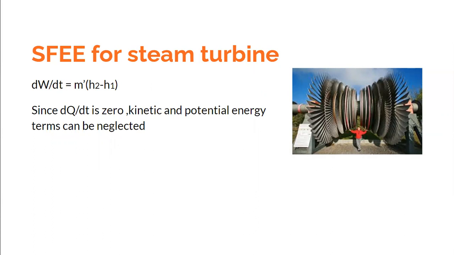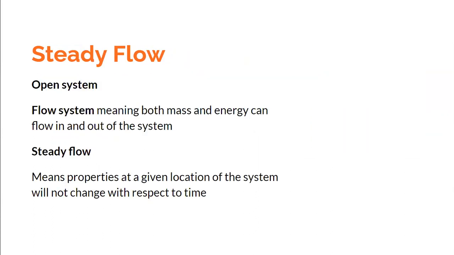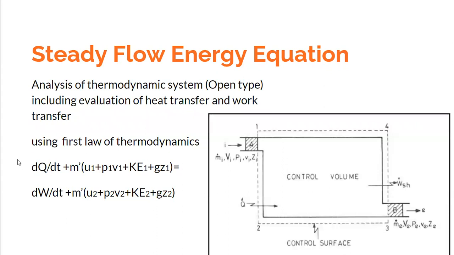Look at the steam turbine over here. The steam turbine can be analyzed using the steady flow energy equation, as I said, because steam turbine behaves as a steady flow system. In the steam turbine, you know that because the time of expansion is pretty small, right? So we can neglect the heat transfer. So dq by dt in that steady flow energy equation can be assumed to be 0. So if you go back to the steady flow energy equation, this term becomes 0 for the case of turbine, right? Similarly, the changes in kinetic energies KE1 and KE2, gz1 and gz2, which is a change in kinetic energy and potential energy, these terms can also be neglected for the turbine.